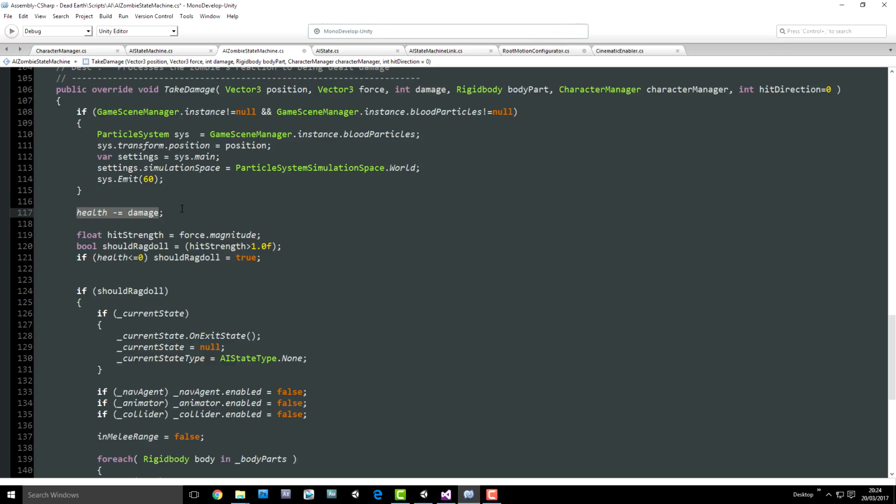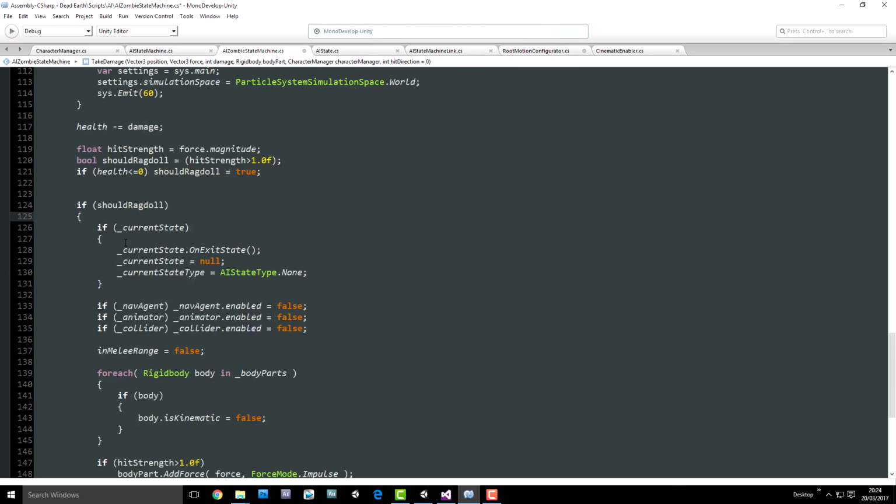This line is going to need to go because we now know we only want to subtract damage from the health when the damage has been done to the head. Then we calculate whether any force is being applied by the weapon, or if health has dropped down to 0, and if it has, then we set should ragdoll to true, and then in the should ragdoll conditional, we